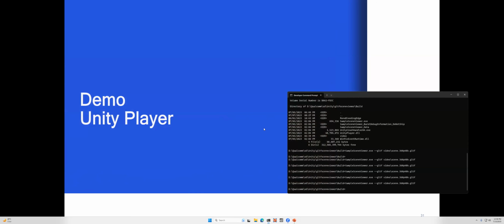I'll stop here and get back to the presentation. So basically what we saw there is really quite simple, but the idea is that you can provide these documents authored in MPEG scene description into a player, and you can load it at runtime and render it. So that's the whole idea.